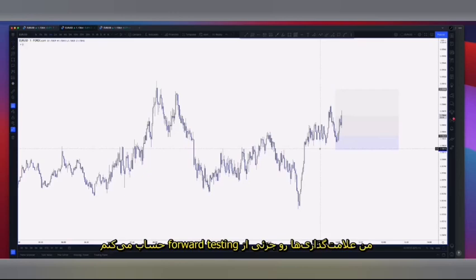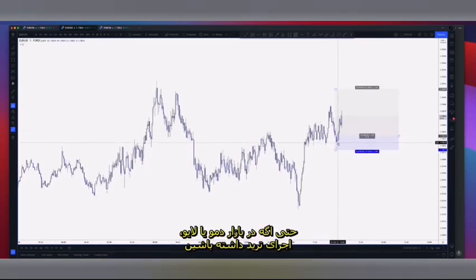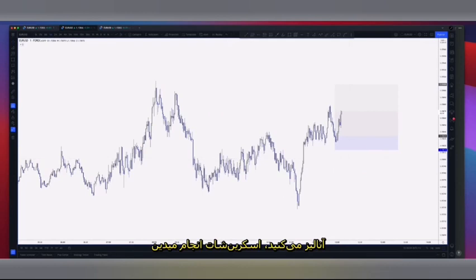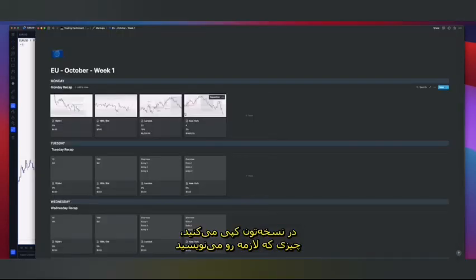And that's why I classify markups as forward testing, is because you're not actually even executing it in a demo account or a live account. You're just testing it to see how it plays out. Obviously, with all your analysis, you take the screenshot, you chuck it into your Notion for the end of the day, you do your quick write-up, and then what it does is it actually acts as a good way of